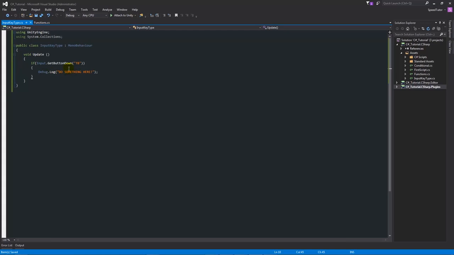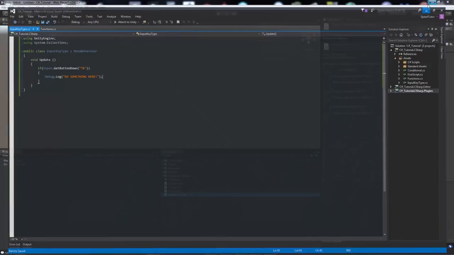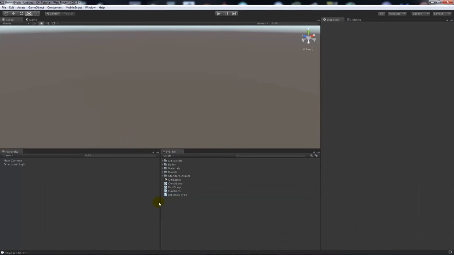We'll save that out, and here we're not really specifying a key, we're just specifying a string almost, or a name that we're going to give to something in a minute. So what we'll do is we'll go into Unity again,